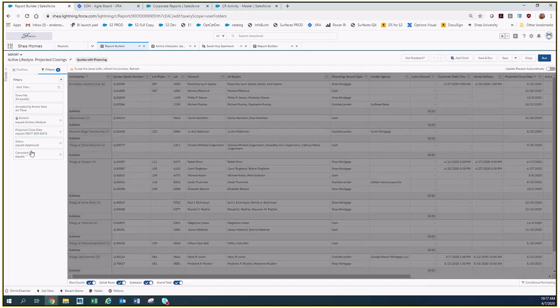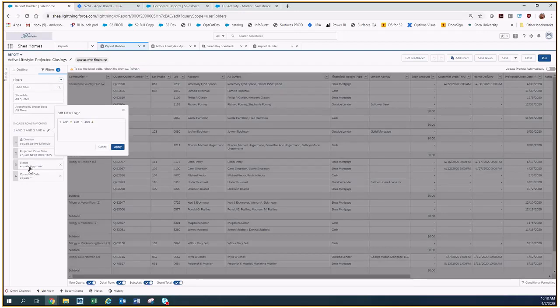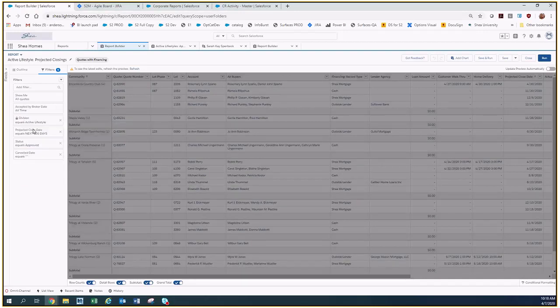One of the things on here that most people haven't discovered yet that can be useful is you do have the ability to do filter logic. What this will allow you to do is if you want to have something where it's or, so for example, you would like to see something where the projected close date is in the next 800 days or the last 30 days, then you can use logic and say if this, let me do this real quick, with the projected close date,